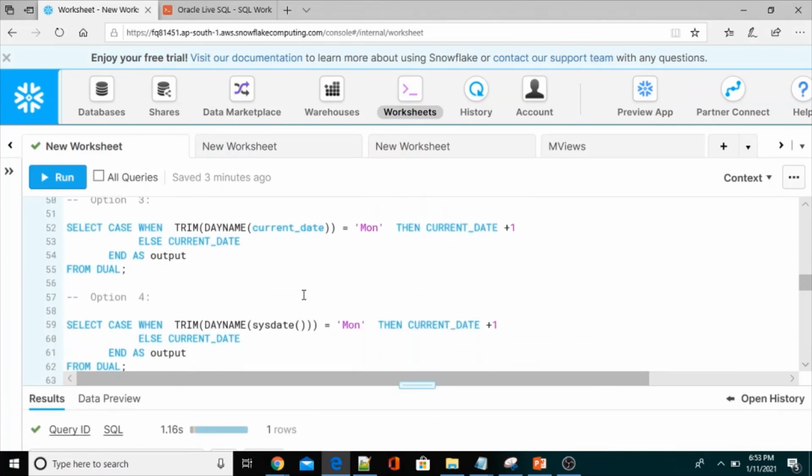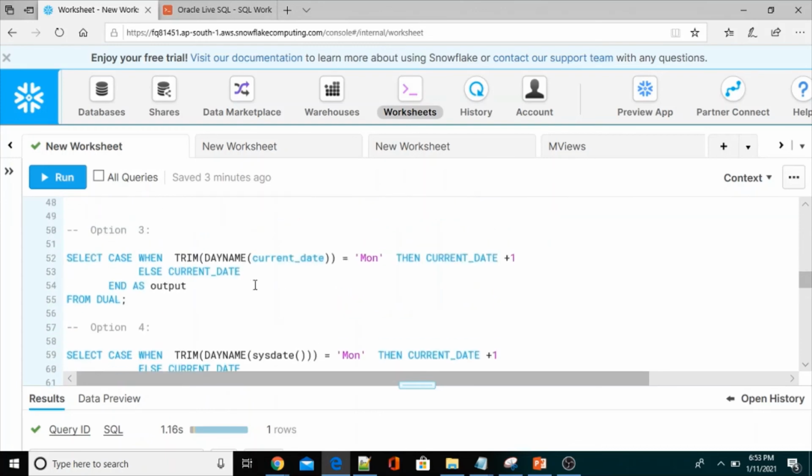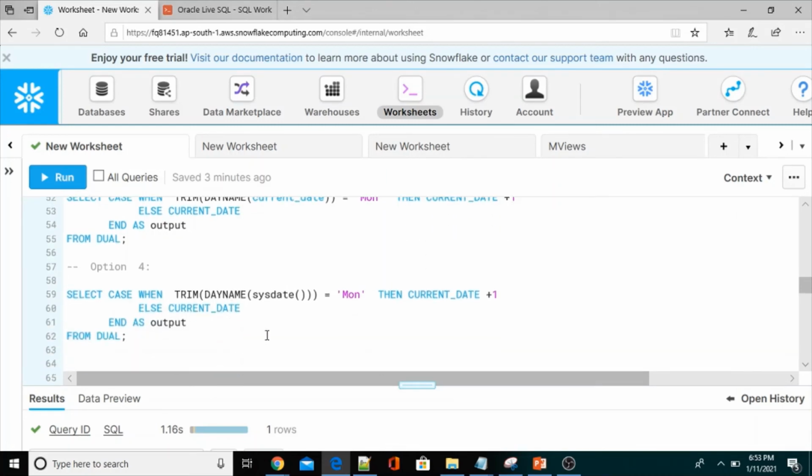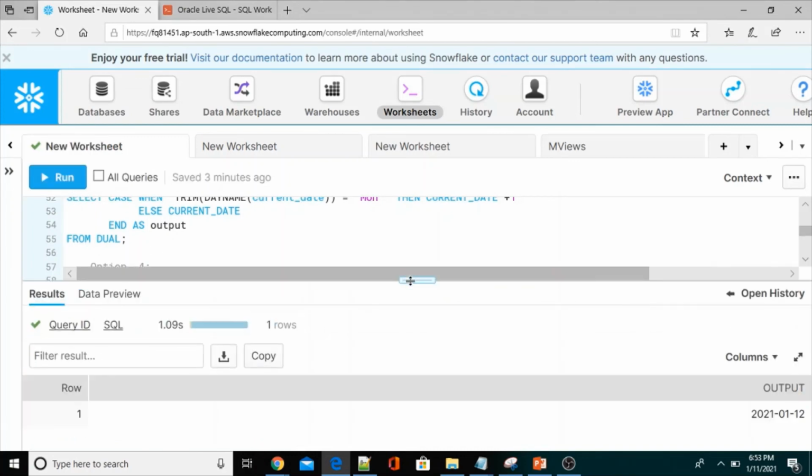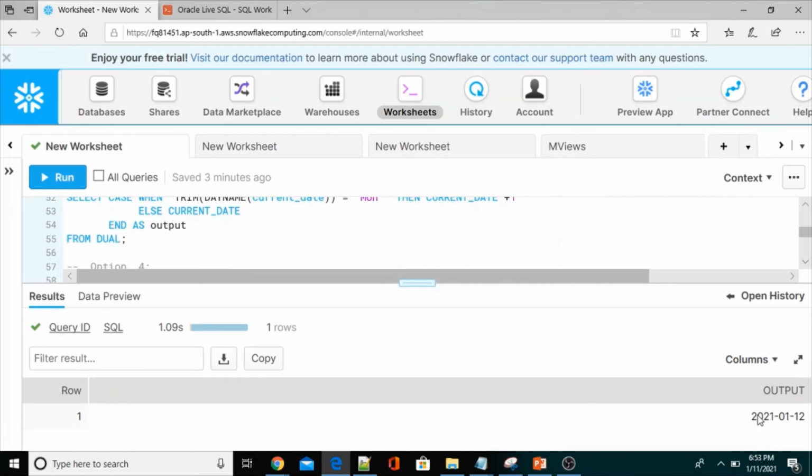Now option 4: we can use sysdate also. We can pass the sysdate output to dayname as the input parameter. So this is another way you can rewrite the Oracle query into Snowflake. The expected output is the 12th only.